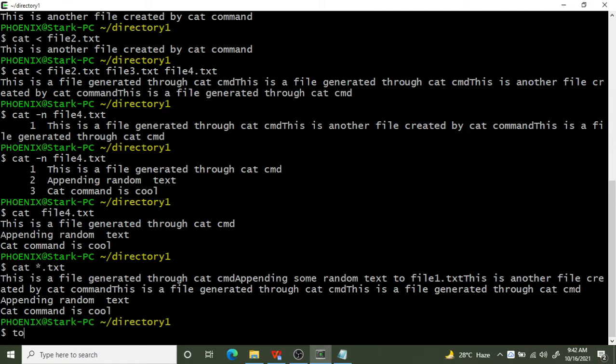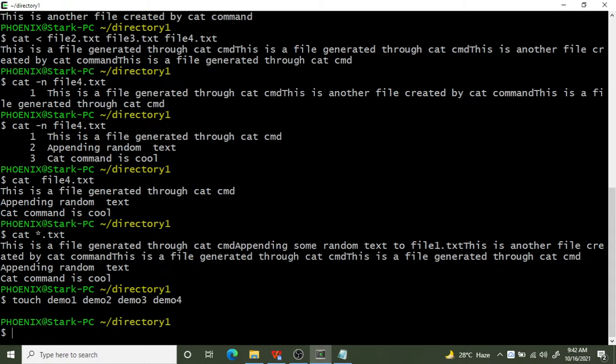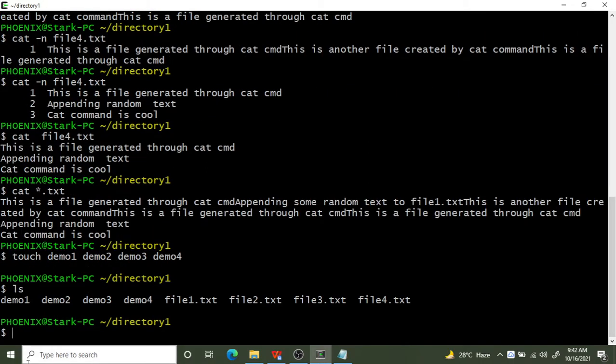So let's say touch demo1, demo2, demo3, demo4, hit enter. Let's try ls. You can see demo1, demo2, demo3, demo4.